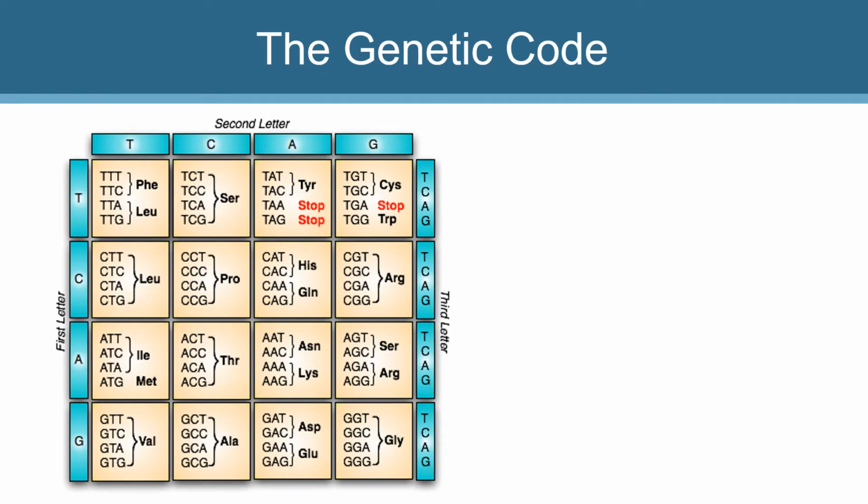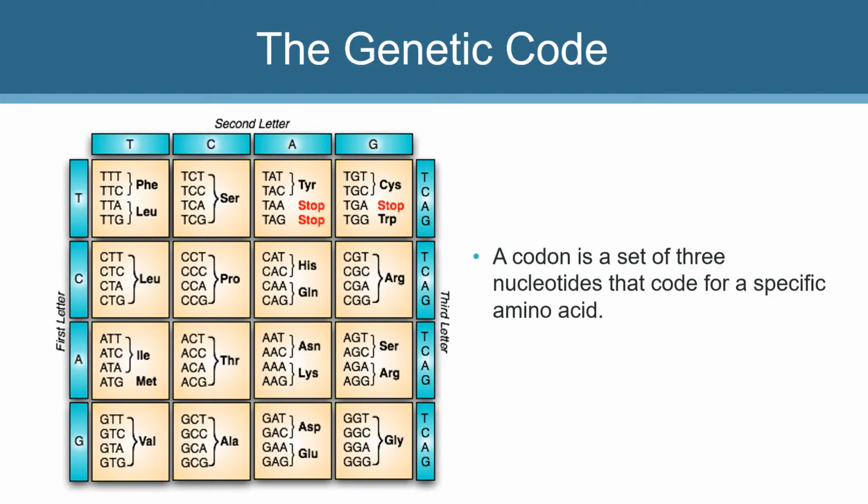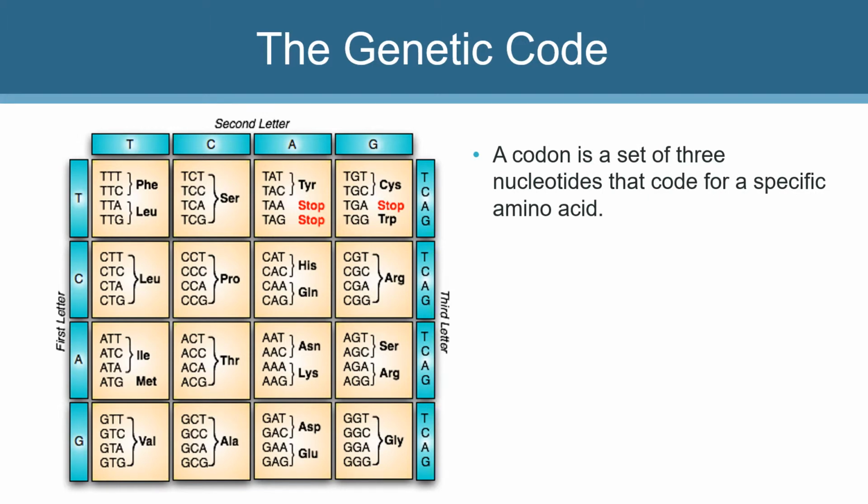In 1968, the deciphering of the genetic code won Robert Holley, Har Khorana, and Marshall Nirenberg the Nobel Prize in Physiology or Medicine for their interpretation of the genetic code and its function in protein synthesis. The genetic code is made up of codons, which are sets of 3 nucleotides that specify a given amino acid